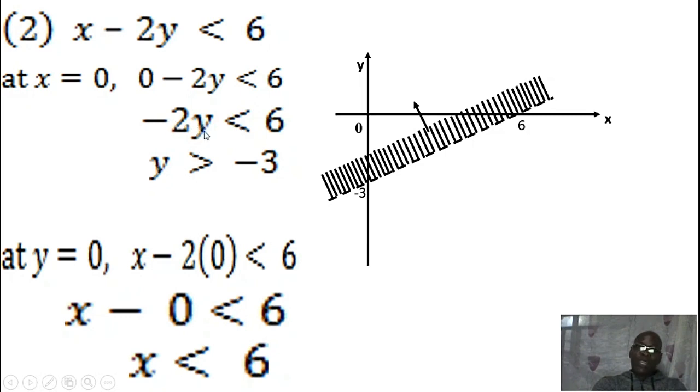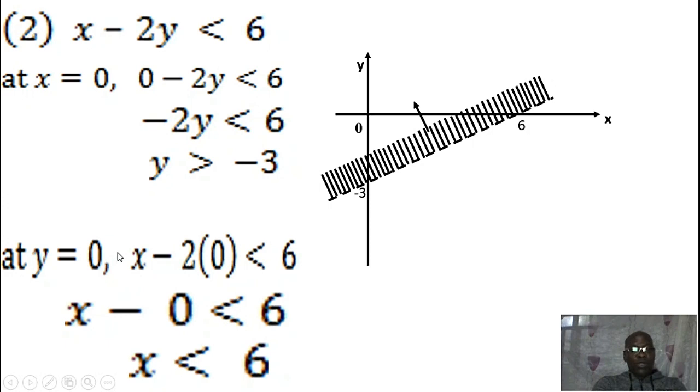And once you are dividing by a negative number, it must affect the sign of inequality, which means there will be a reversal of the sign. So this has to be reversed from less than to greater than, and minus 2 dividing 6 will be minus 3. So the result here is that at the point x is equal to 0, y in the whole system will be greater than minus 3. Look at minus 3. Greater than means from minus 3 upwards.